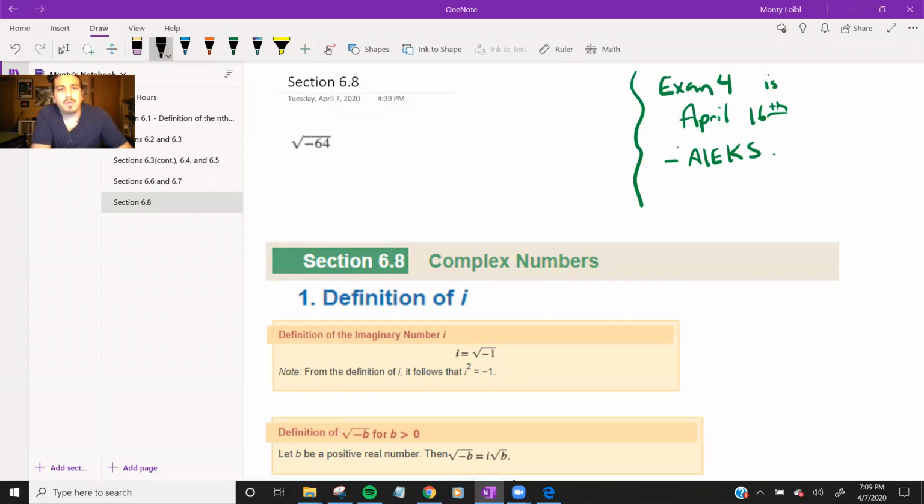Okay, so section 6.8, as you can see, is complex numbers. If we wanted to rewrite it up here, we could, but I kind of wanted to review. Anyone remember what we would write if we were going to take the square root of a negative number? Well, we would say that this